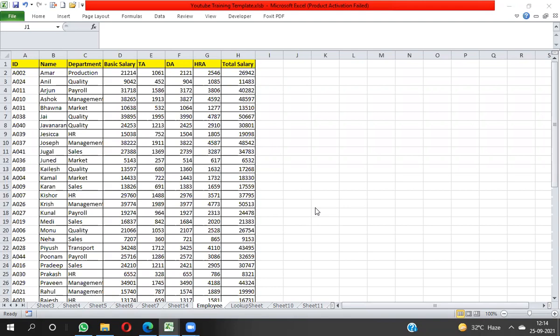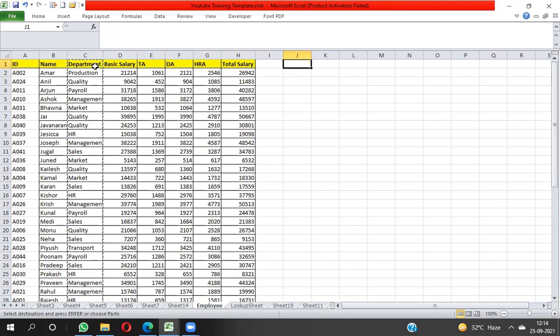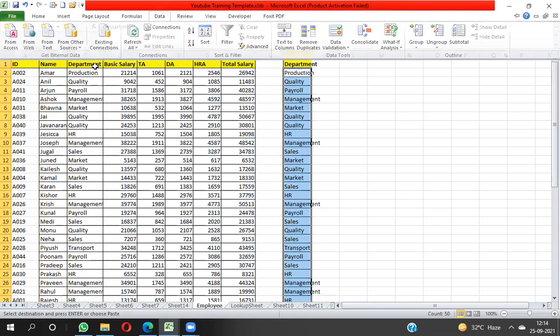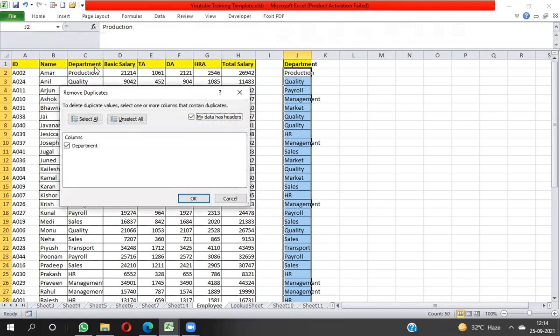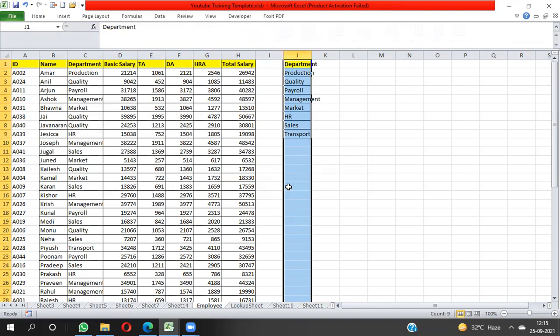In this video, I'm going to cover how we can apply the COUNTIFS function. Each and everything will be automated. Here I need to copy the data and paste it into column H, then press Ctrl+A, and press Remove Duplicates. Now the duplicate values are removed.